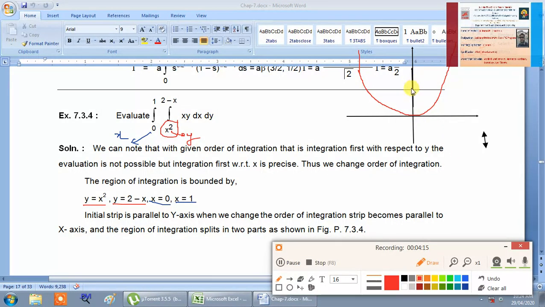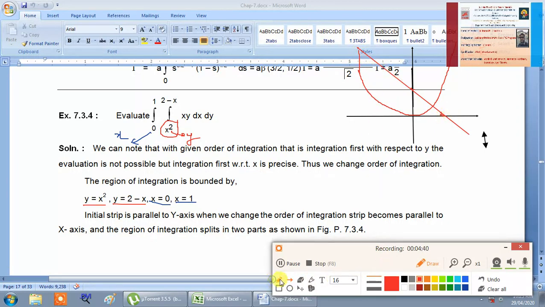Suppose that y distance 2 is here somewhere, and the same distance, if y is 0, x is equal to 2, so suppose x equal to 2 is somewhere here. So you will have a straight line passing through these two. The straight line will be like this. It starts here, and it will end over here somewhere. So suppose this point is (2, 0), and this point is (0, 2).